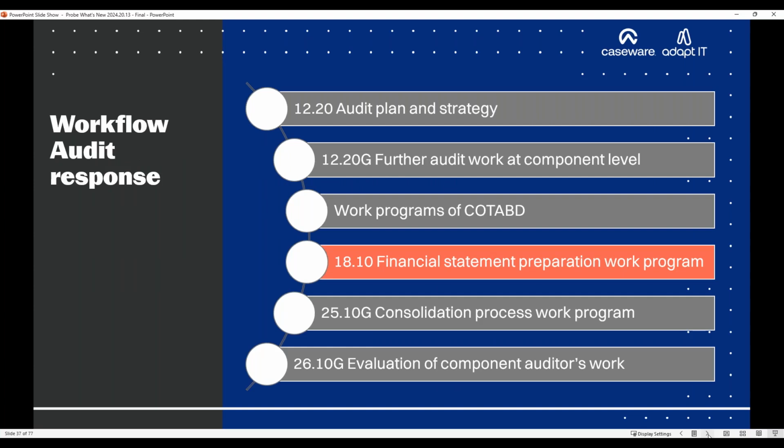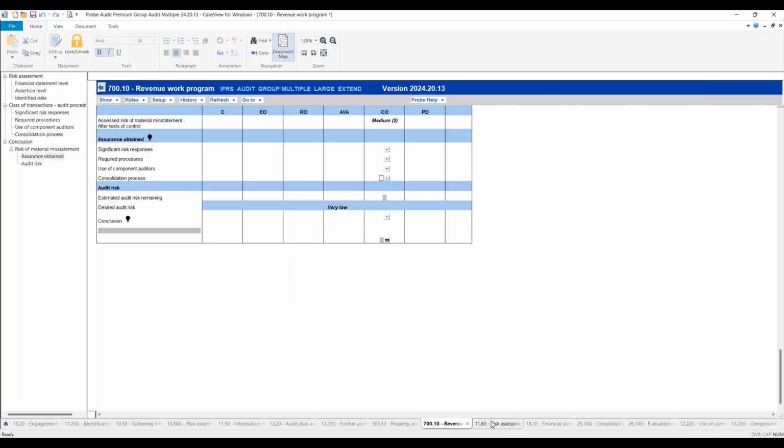So that was the work programs in general. If we then go to the financial statement preparation work program 18.10, this is of course a general work program, so you don't normally do risk assessment for that one. What that will look like then is,